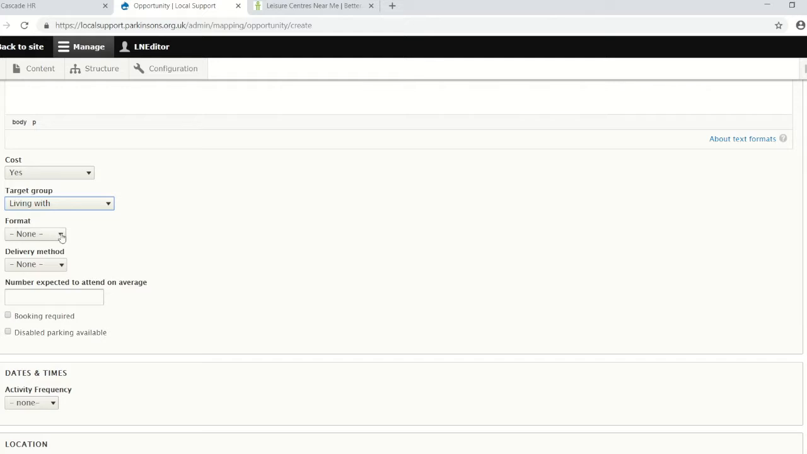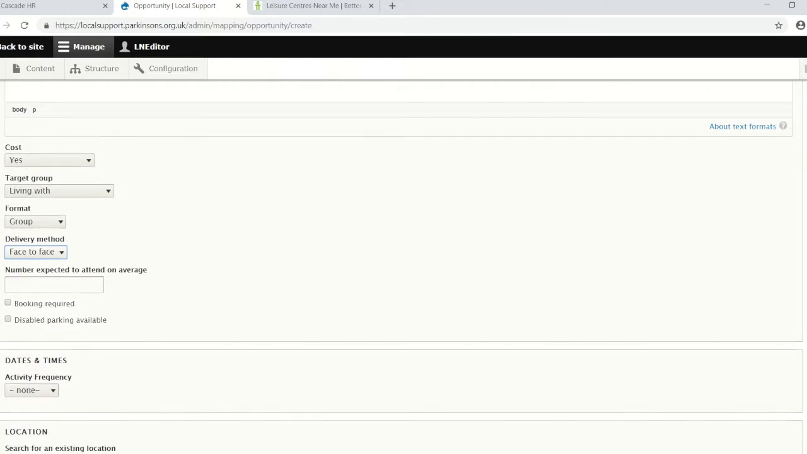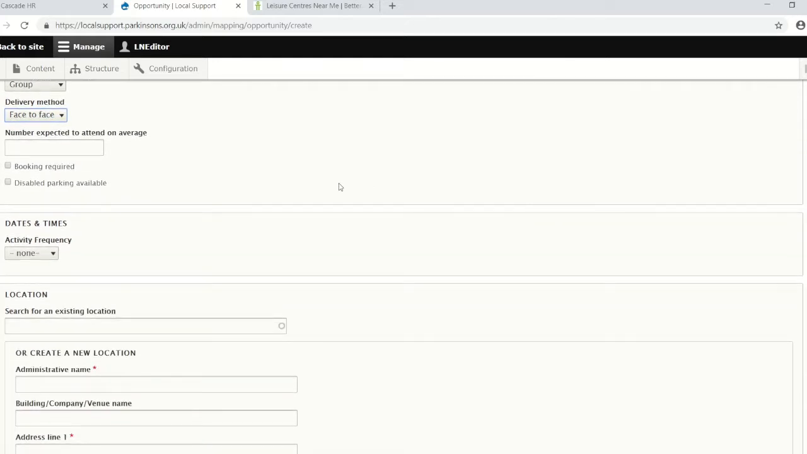Now we want to let people know some details, such as what people should expect from the activity, and what format it takes place in: a group setting or one-on-one, delivered face-to-face, via telephone or online. Select the relevant options like this. You do not need to enter the number expected to attend for any signposted activities. If you know whether booking is required or whether the venue has accessible parking, you could add this information in,